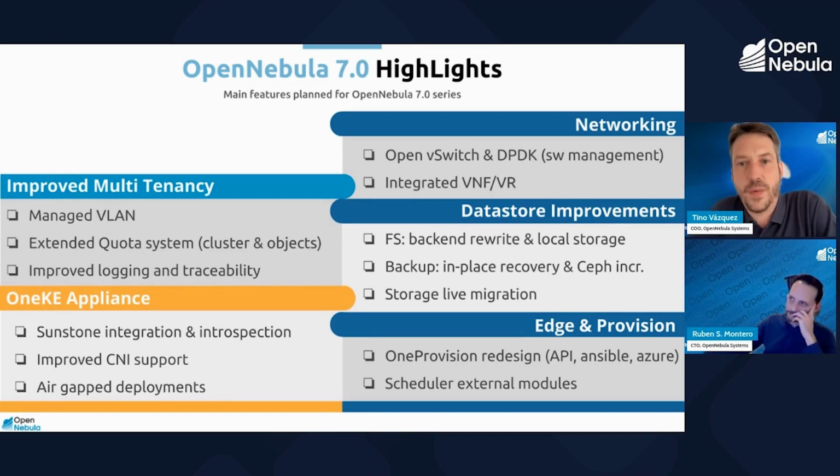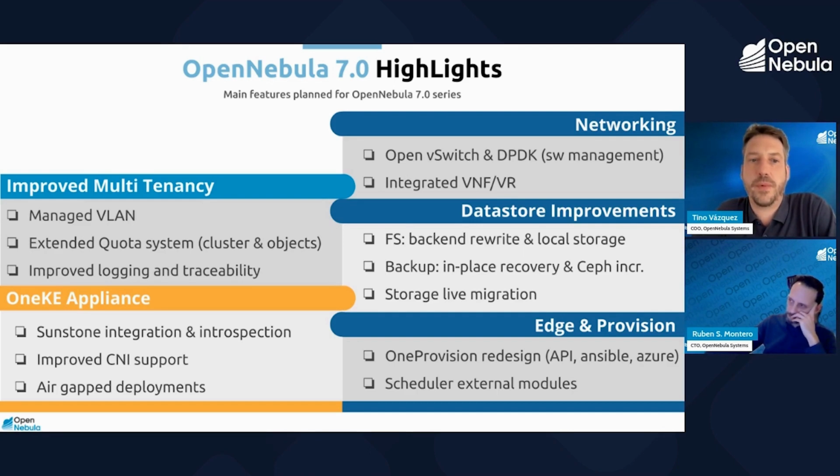Okay, for 7.0, this is going to be an LTS release and a major release. We are going to focus on these five different aspects. We want to improve multi-tenancy with the ability to assign a different pool of VLANs to different user groups. We also want to extend the quota system to be able to apply to different objects, including clusters. And we want to increase the traceability and the audit